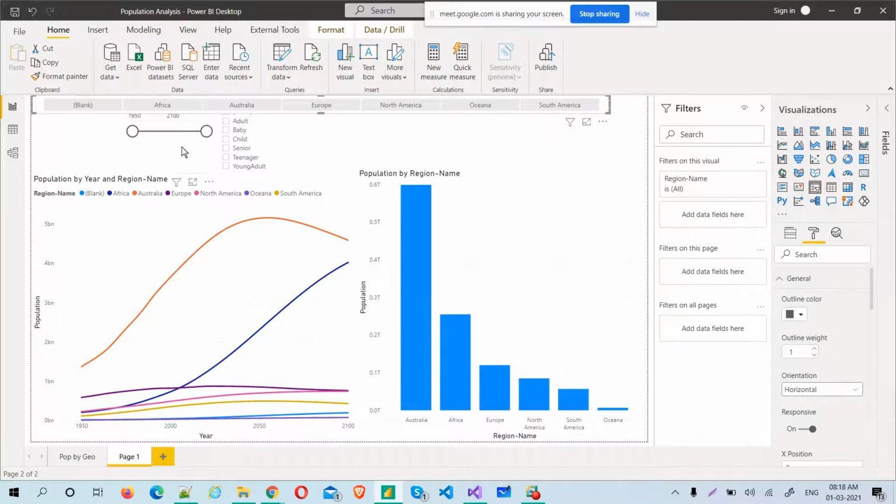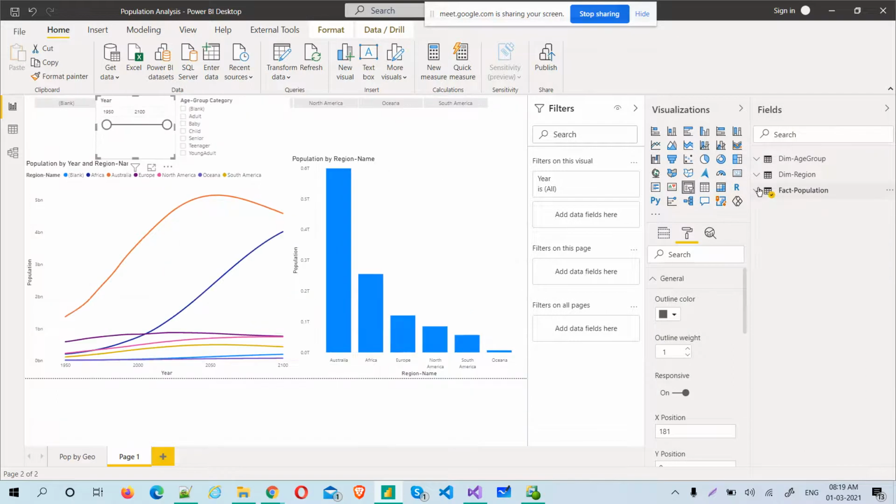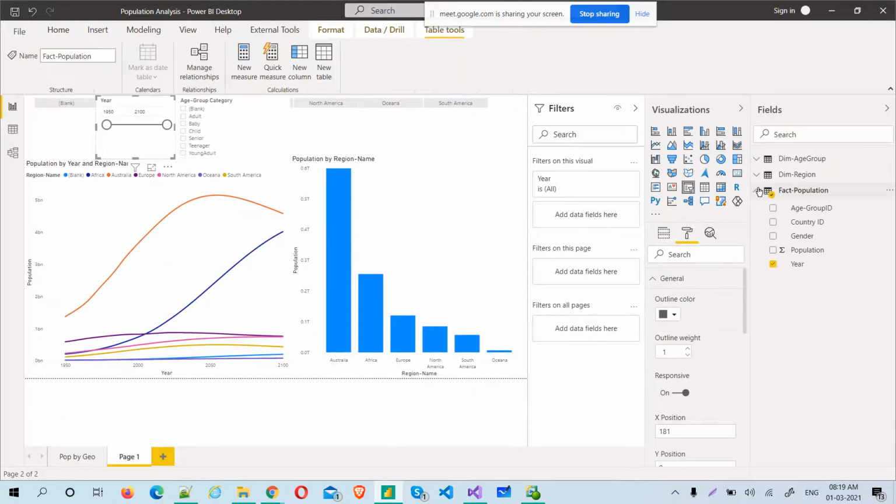Now coming to the other kind of slicer. The date slicer is completely different, guys. It is not the same as the text slicers. When you apply a date on the slicer, if it is categorized as a date, it has a hierarchy. But here, even though it is not categorized as a date, by default the slicer understands that it is a year and gives this kind of slicing. There are a lot of options, 5 options available for the date. When it comes to text, it is not like that, only list and drop down.